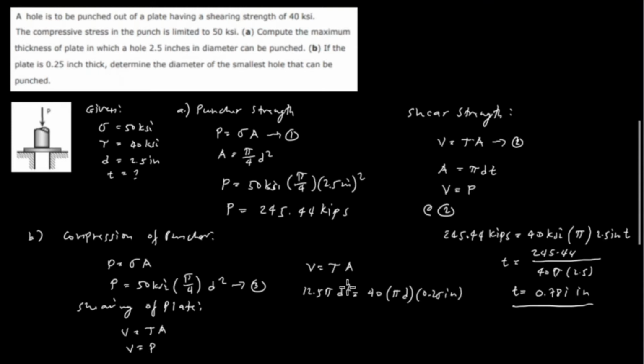Cancel out d and cancel out pi, and the value for d is equal to 40 times 0.25 divided by 12.5, and d is equal to 0.8